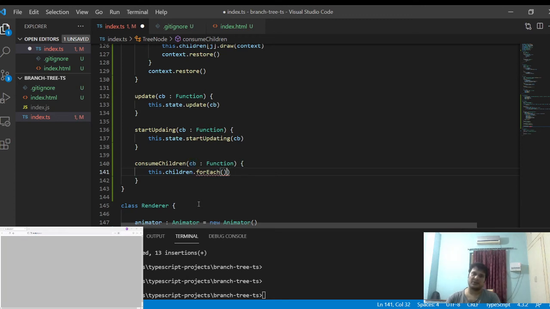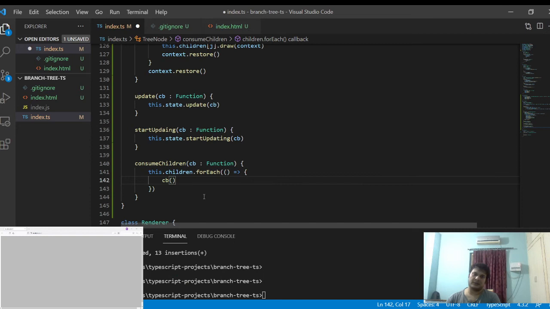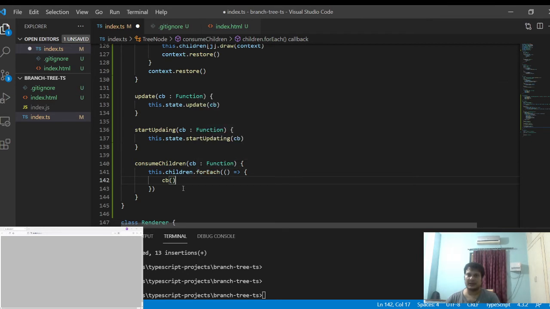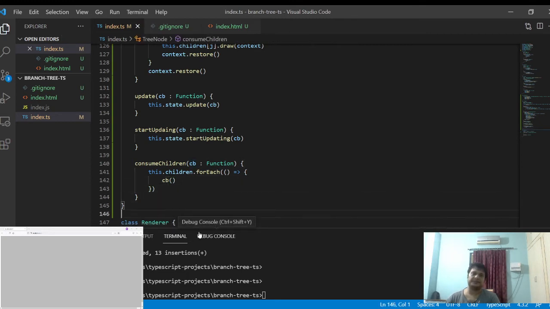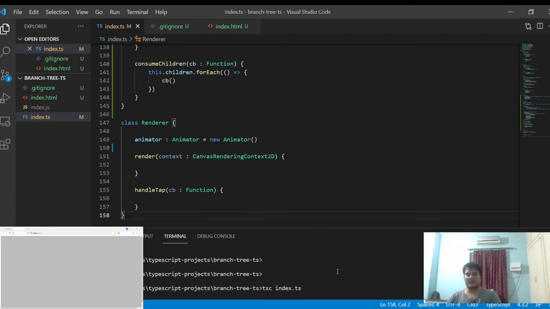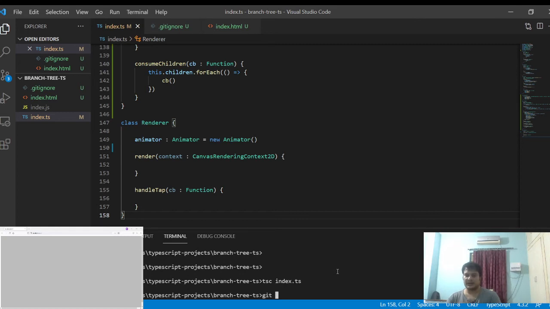So you can call over here. I think for each takes a particular way: callback function, value. Yeah, this is what for each generally takes. We can call it this way. I'll just compile this and add it over here.